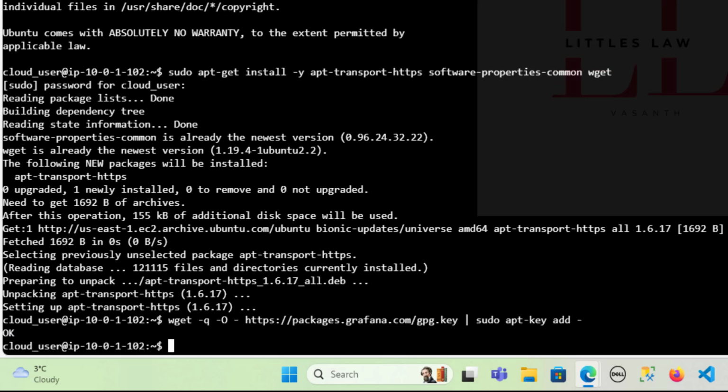So now this has happened. What we did is we have added the GPG key for the Grafana OSS repository. So what is this GPG key which I was talking about? This GPG key that I've used in this command is used to verify the authenticity of the Grafana package